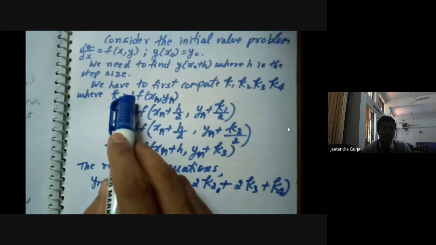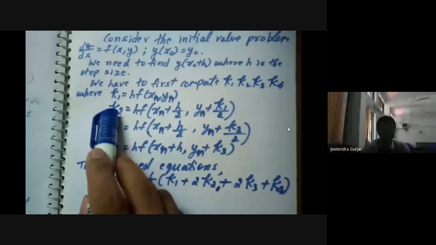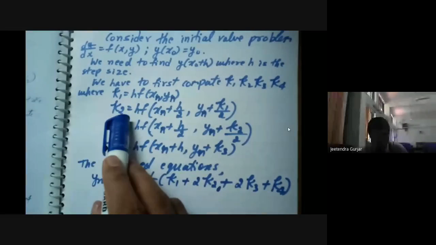Remember, we have to first compute k1, k2, k3 and k4. The formula for k1 is equal to h f of xn, yn. Initially n is going to become 0. In the second approximation n is going to be 1. That is clear. So x and y are going to become x naught, y naught. Remember this, students. Then k2 is equal to h